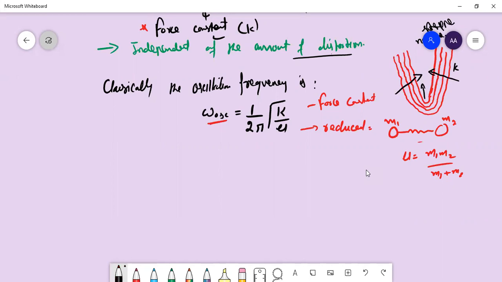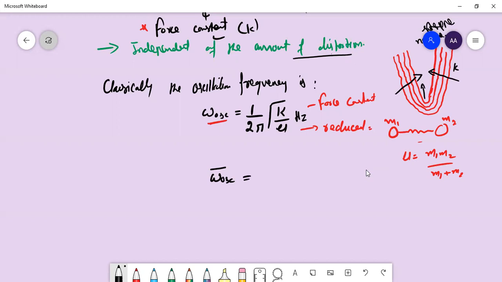So this is the equation by which you can calculate the oscillating frequency, and the unit of this oscillating frequency is hertz. I can say it is the unit in the frequency term. Now, usually in spectroscopy, we have to convert this hertz, that is the frequency term, into wave number. So if I have to convert this frequency into wave number, I will simply put a bar on this, because we know that wave numbers are indicated by a bar.